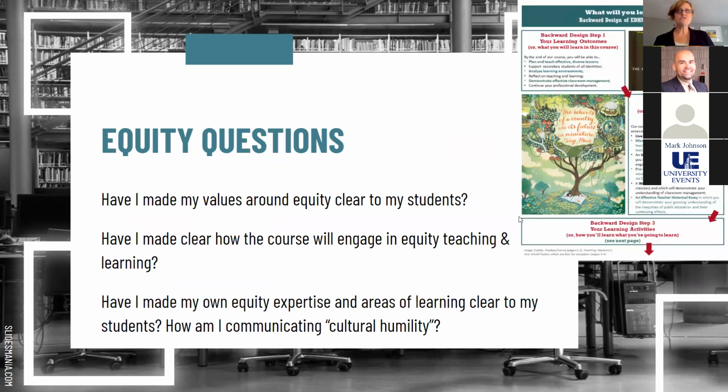And then just some more general equity questions. Are my values clear to my students? So what I'm showing here is a page from my syllabus where my objectives for the course are clearly defined. That's that first box there at the top. And a couple of those talk about diversity and about supporting all identities in their future classrooms. So my students will be teachers eventually, right? So making any opportunity we have to make those values clear, using images that make those values clear